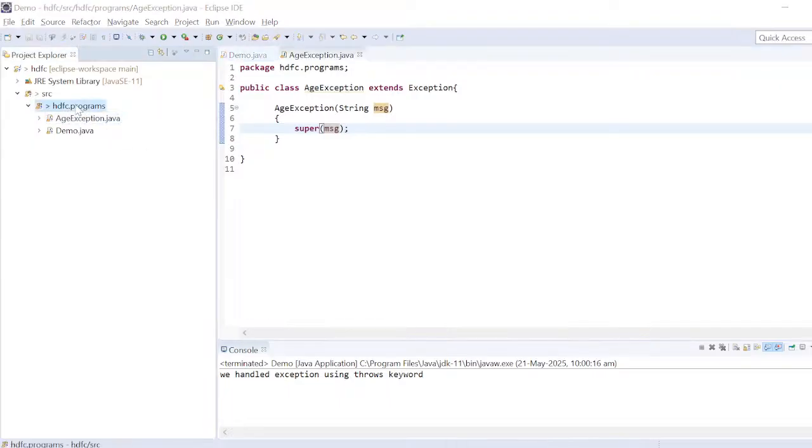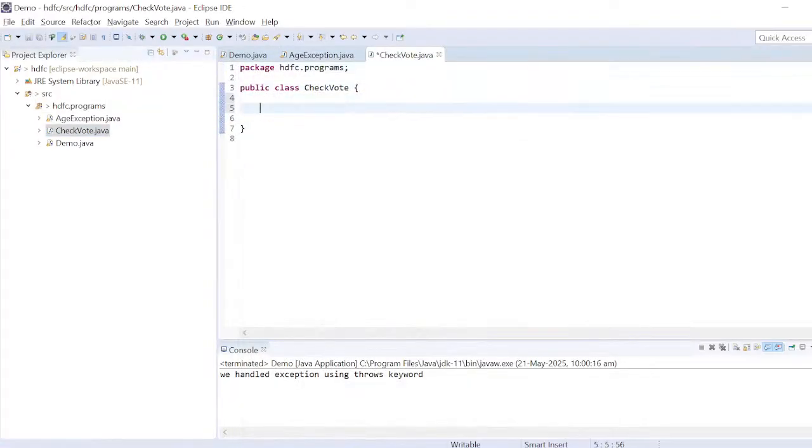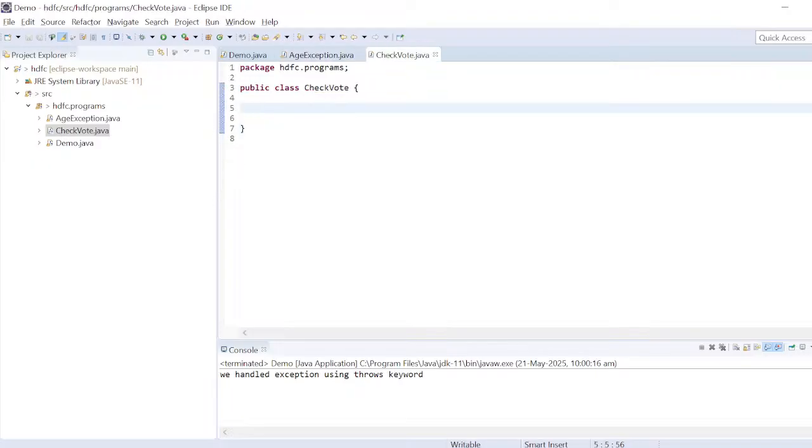Now I am going to create one more class. The class is CheckEligibility. Now I'm checking the age. I'm taking one method. I'm taking the try keyword, and inside the try block,